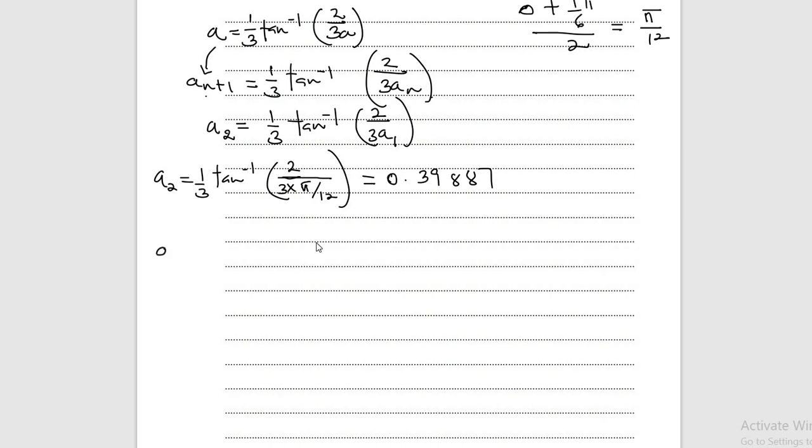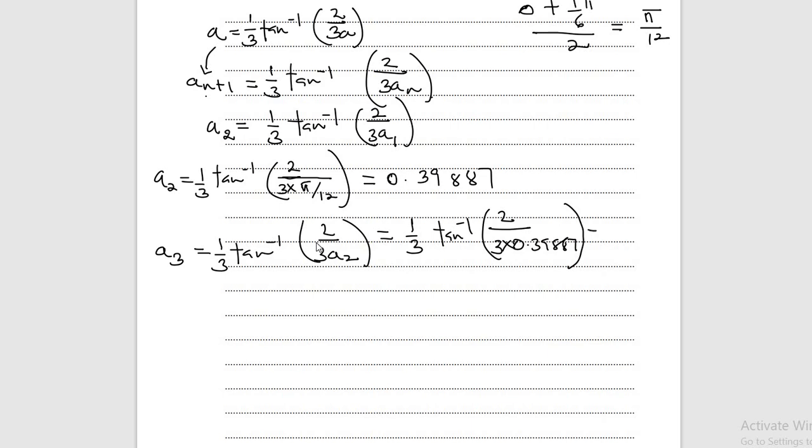Let me get a3. To get a3, it's going to be 1 over 3 arctan 2 over 3. When you're talking about a3, what we have inside is a2. So it will be 1 over 3 arctan 2 over 3 a2, and a2 is 0.39887. Making sure your calculator is in radian is important, or else it's going to give a different answer. So a3 will give me